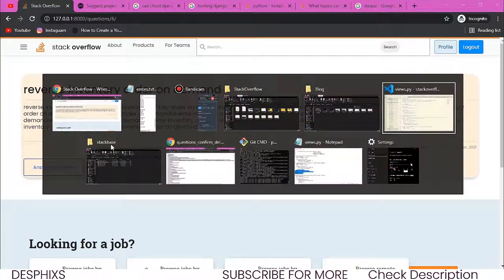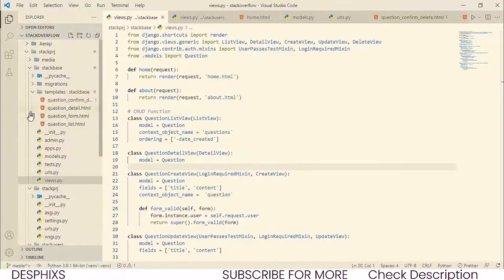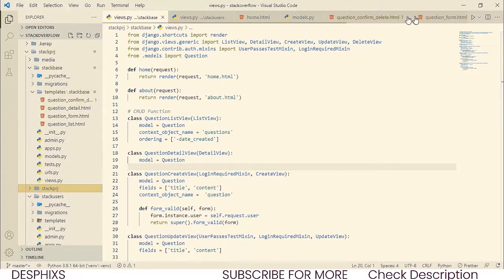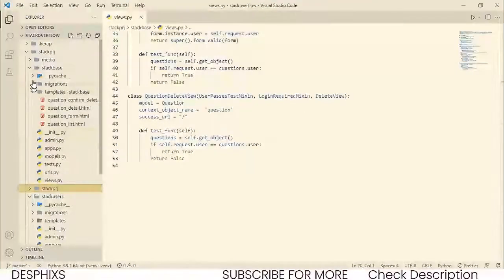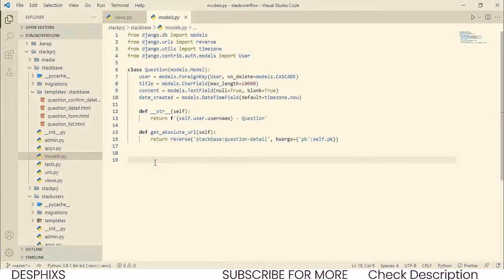So let's go over to our views.py and let me close up some of this that we already have here. I'm just going to close off almost everything, and I think that should be it. Okay, I think we can stick with our views. Now we want to come over to the models.py over here. This is it. We want to come over to models.py, and just down here we want to create a new